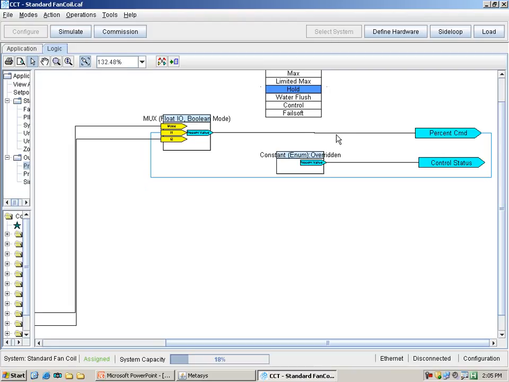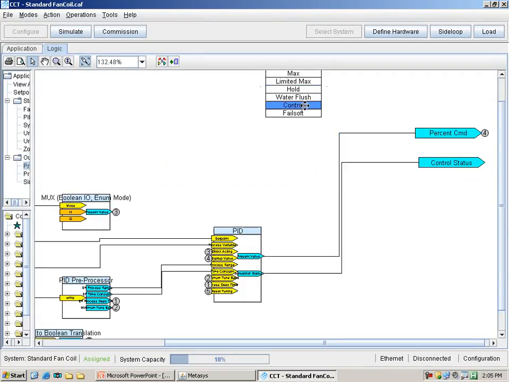Now we also know that when it's in override state, the hold layer is active, but let's take a look at the control layer where the PID block is found. When I go into the hold state and the value of the override is used as the output connector to the actual valve, we can see